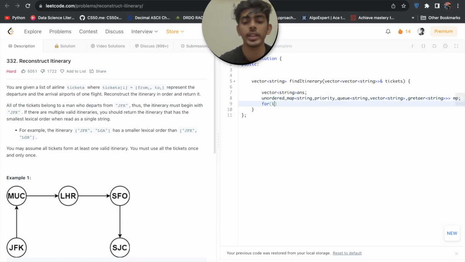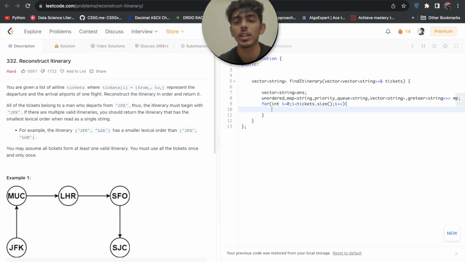We will iterate over i less than tickets dot size, i plus plus. What we need to do is simply mp of tickets of i 0th, which is a source, dot push, since we are using min heap, tickets of i of 1, right?